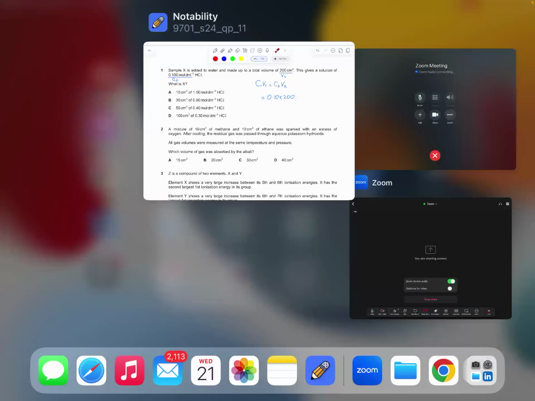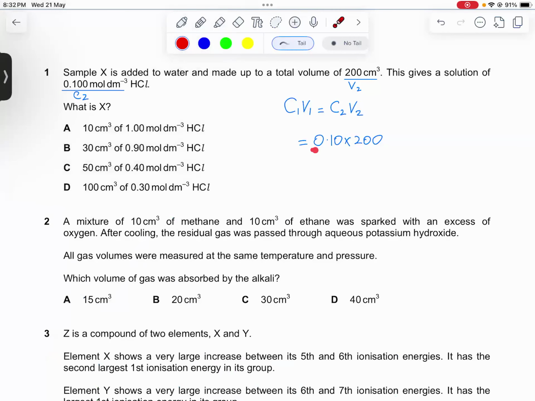All right. So any of these should be equal to 0.1 times 200. So let's do the first one. What is 0.1 times 200? Let's find that out. 0.1 multiplied by 200 should give us 20. All right. So any one of these when multiplied together should give us 20. All right. So 10 times 1, that is 10. This is not correct, right? This is wrong. We just have to multiply them.